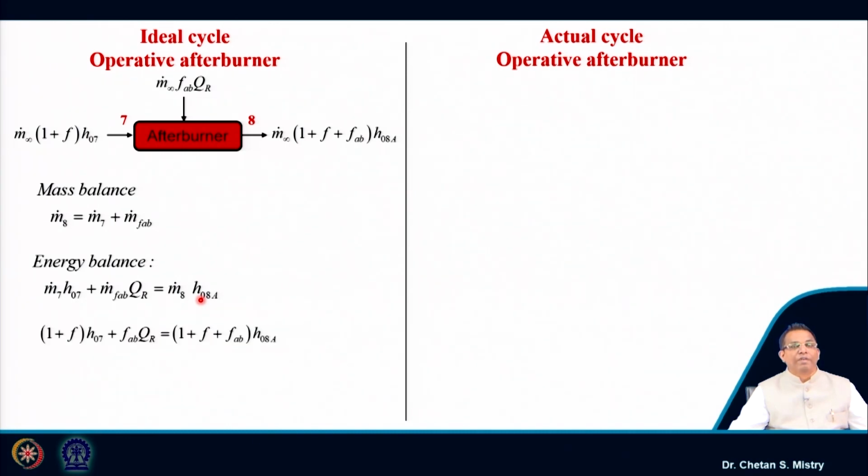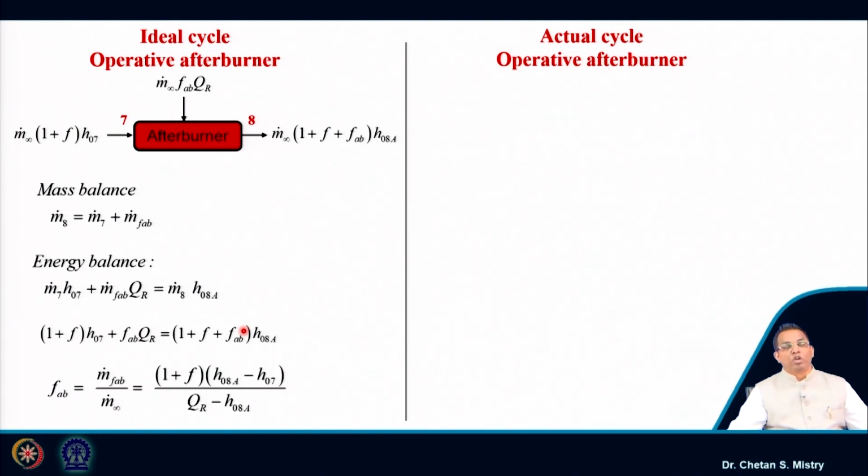Now, if I simplify this, it will be given in terms of m infinity into 1 plus f at 0.7 plus m infinity into fAB QR. Here this will be m infinity into 1 plus f plus fAB into h08A. On both sides I can cancel out my m infinity, and that will give me the fuel air ratio required in the afterburner. So, this formulation represents the amount of fuel required inside the combustion chamber